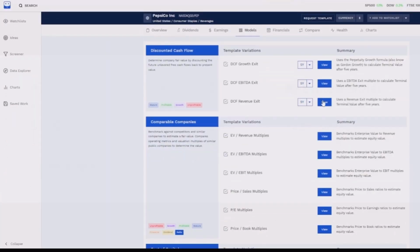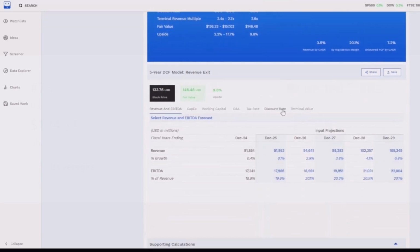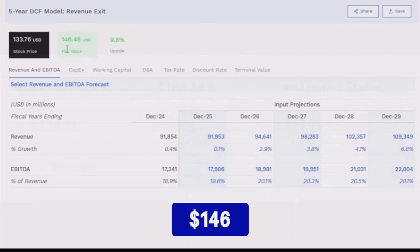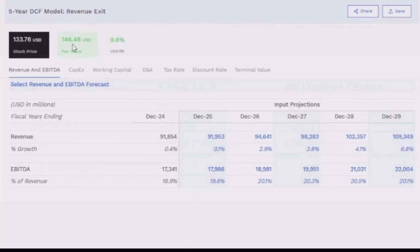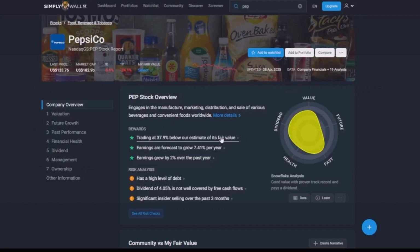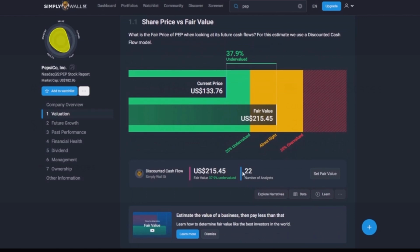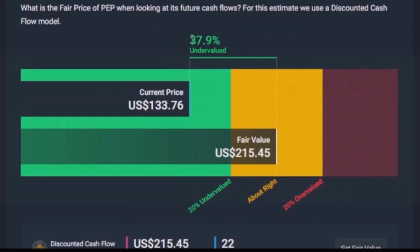Finally, using the revenue exit formula, which values the company based on its total revenues, we get a fair value of $146 per share, meaning an upside close to 10%. Moving to Simply Wall Street, the premium version, we see that according to 22 analysts, the fair value of Pepsi is around $215 per share, meaning the stock is currently about